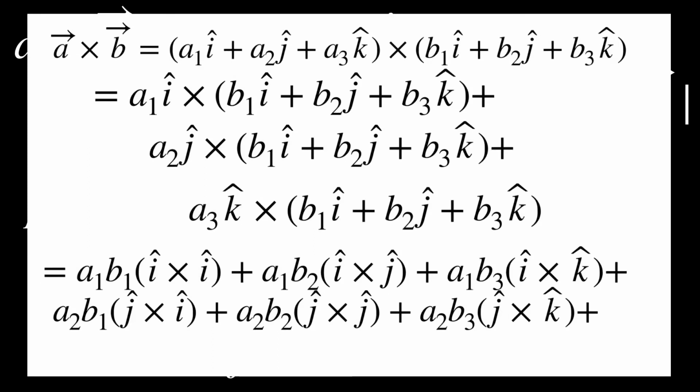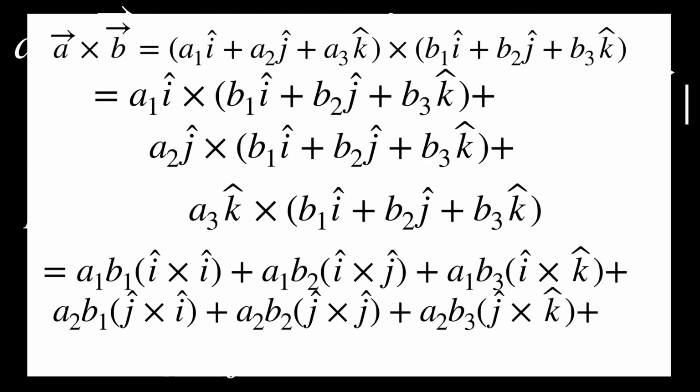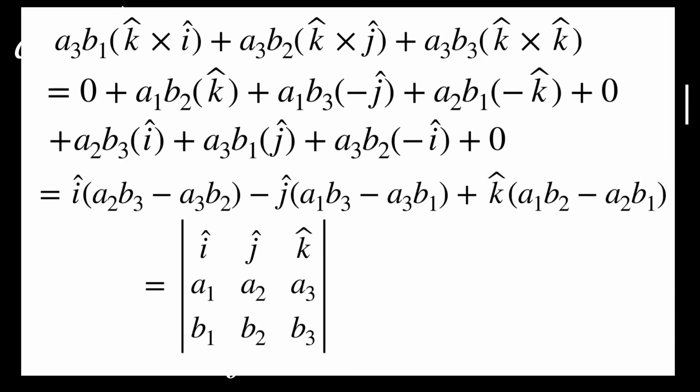So A cross B is given by a1i plus a2j plus a3k cross b1i plus b2j plus b3k, which is equal to a1i cross b1i plus b2j plus b3k plus a2j cross b1i plus b2j plus b3k plus a3k cross b1i plus b2j plus b3k, which is equal to a1 b1 into i cross i plus a1 b2 into i cross j plus a1 b3 into i cross k plus a2 b1 into j cross i plus a2 b2 into j cross j plus a2 b3 into j cross k plus a3 b1 into k cross i plus a3 b2 into k cross j plus a3 b3 into k cross k,